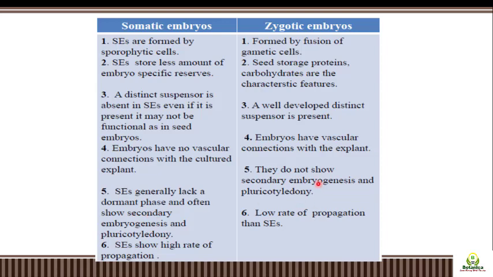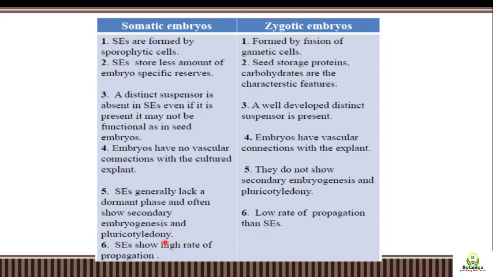But in the zygotic embryo, the primary embryo which is formed is the functional stage, it will form a new seedling, and there is no secondary embryogenesis. Somatic embryogenesis shows a high rate of propagation, while the seed shows a low rate of propagation. Remember the last step, we are talking about when the seeds are produced in the plant. All the seeds which are produced are not functional. For example, out of 100 seeds produced in natural conditions in the plant, there is a chance of 20 to 30, or 25 depending upon the species, of success of propagation.